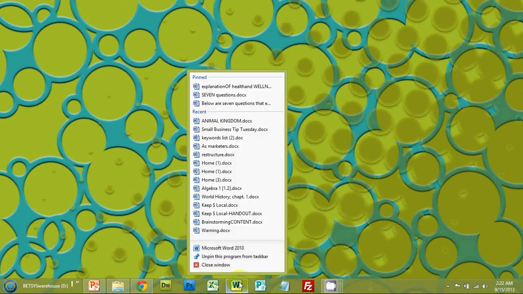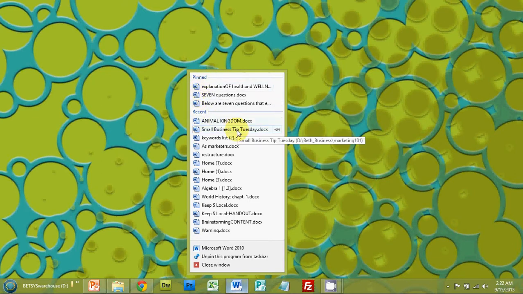What I'd like to bring your attention to that you may not have seen is that each of these items on this jump list has a little picture of a push pin next to it. If you hover, you'll see the little push pins. Now you may or may not have noticed those, but if you actually click on the push pin,